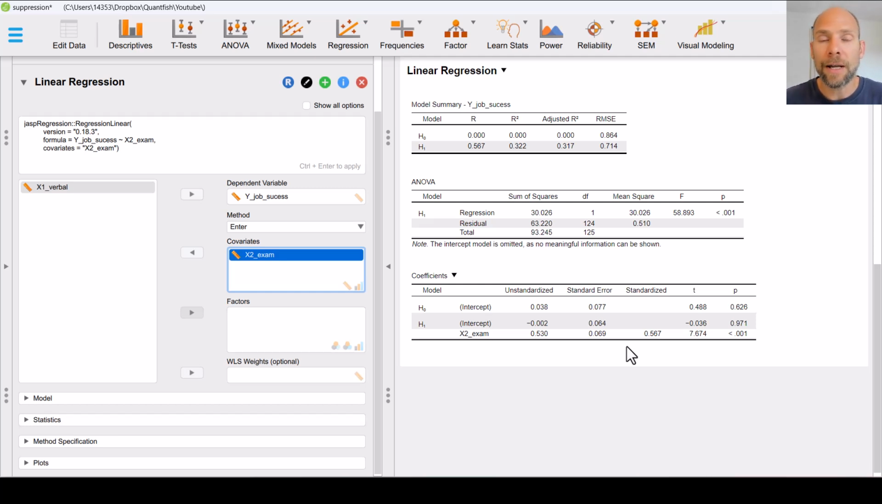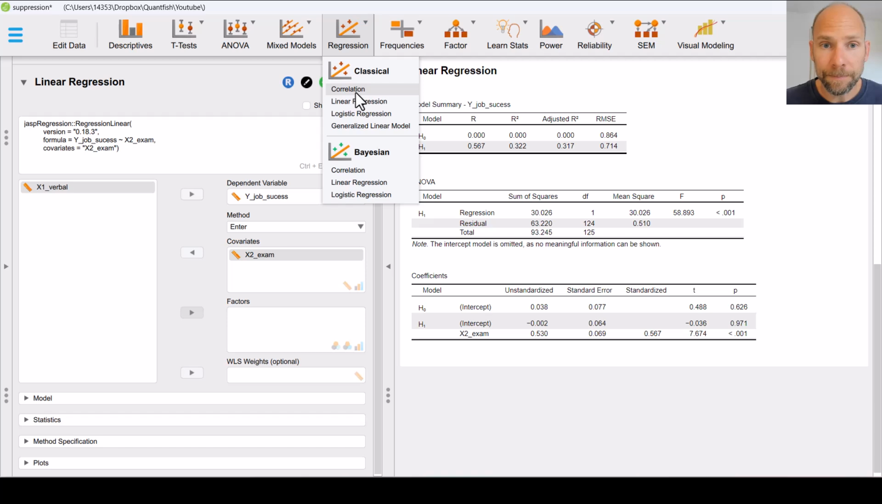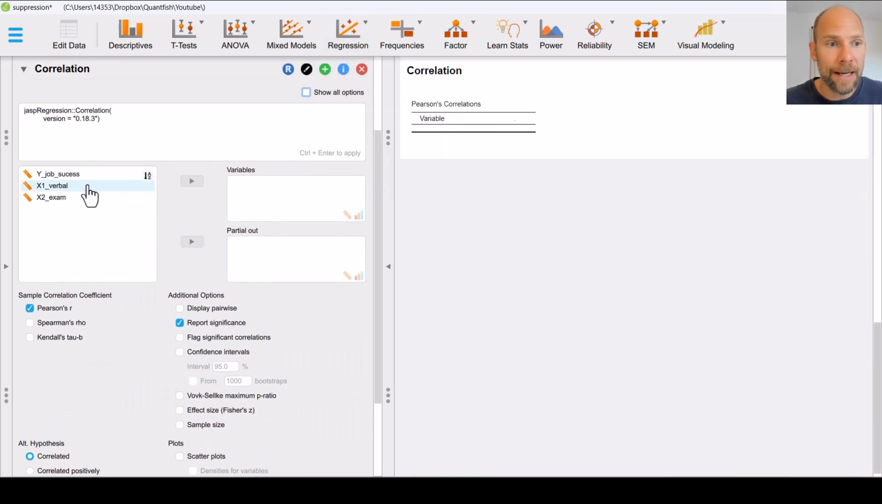Whenever we run a regression or a path model or something, we should always be sure that we understand the bivariate associations between the variables, meaning we should look at scatter plots, we should look at the bivariate correlations to make sure that we understand what's going on at the zero order bivariate correlation level. So let's do that, and we can do this by going to correlation,